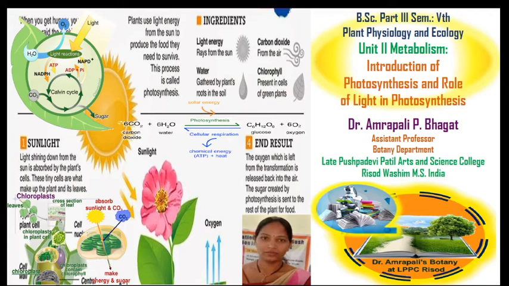First of all, plants use light energy from the sun to produce the food they need for survival. This process is called photosynthesis. For photosynthesis, there is a need of four ingredients: light energy, which comes from the sun, water, which is gathered by the plant from roots and soil, and carbon dioxide, which is present in the atmosphere,